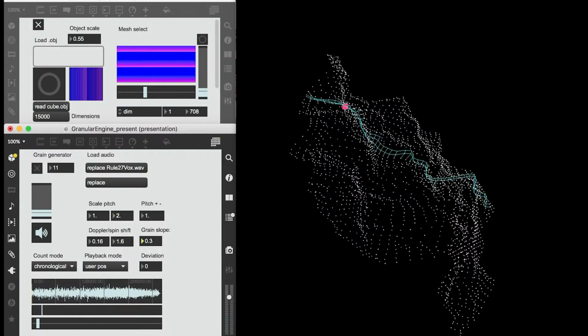Also, for example, I can change the grain slope, which is basically the envelope. I can add in a deviation, and I can change the window of the grain, so that creates more variety in the grains. That's more of a random parameter. So user position is